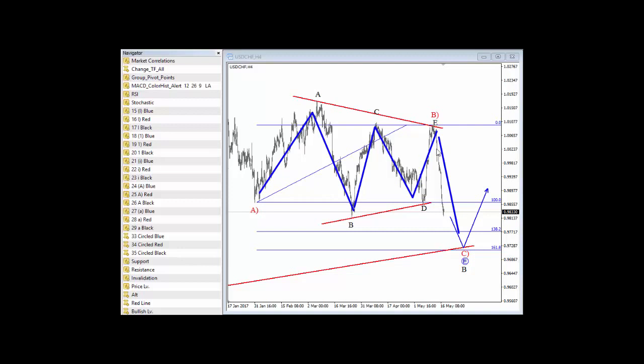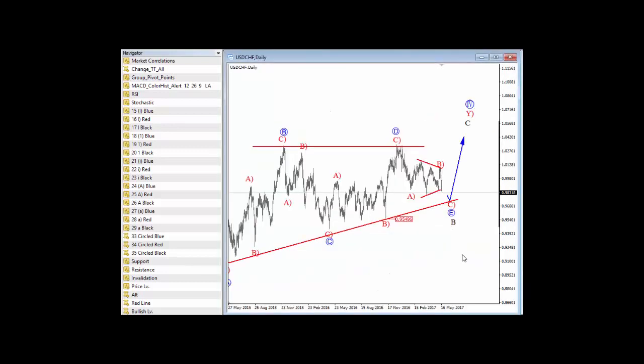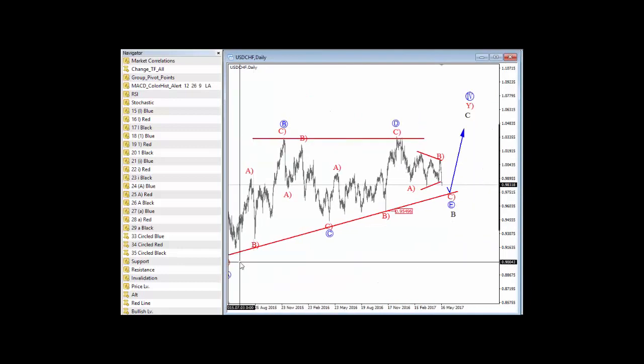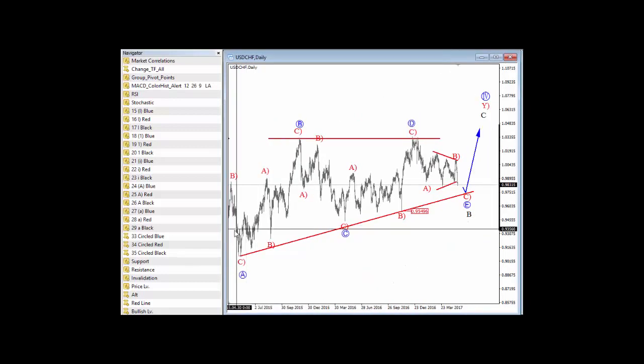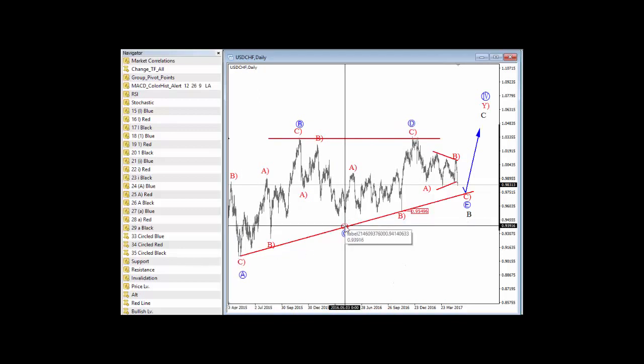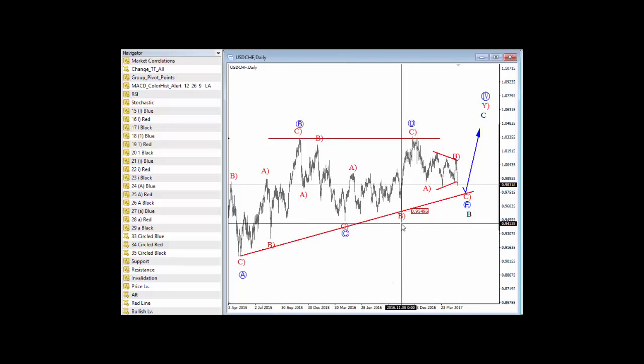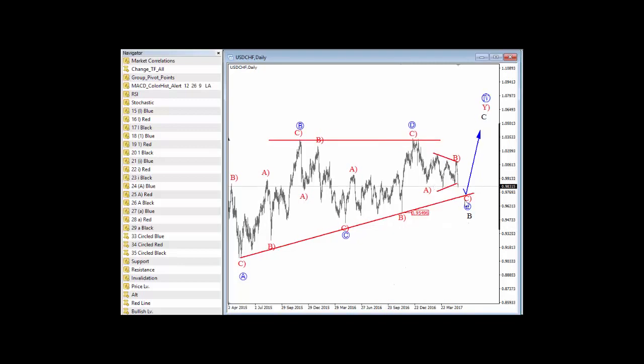fits nicely into an impulsive price action, which definitely is wave C. Okay, it's a motive wave actually, but it can have an impulsive structure as well. So I'm looking for a wave C drop to complete wave E at this lower trend line. Notice that I connected here a trend line from May of 2015, then you have here a spike in May of 2016, then you have a spike low here when there was the US election in November 2016. So maybe this trend line will be retested and then turn to the upside.